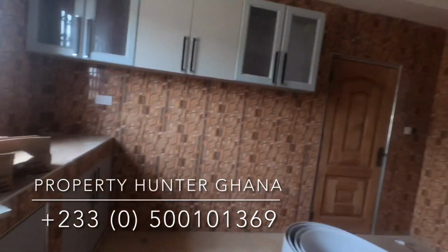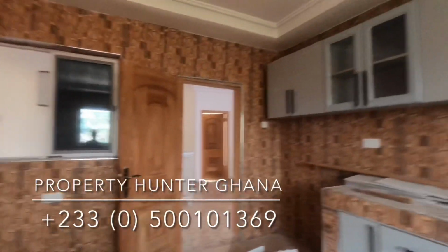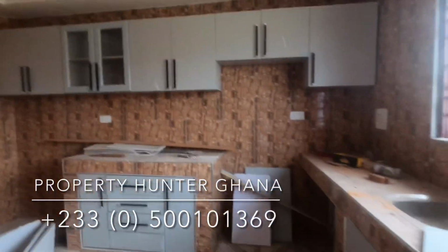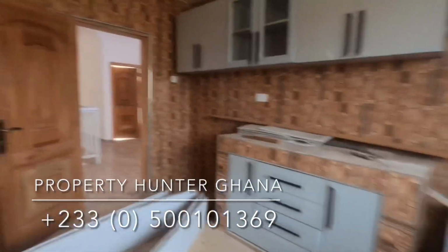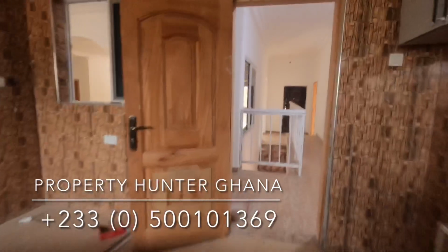And the walls in the kitchen have been tiled from top to bottom, very nicely done. Spacious kitchen here, and you have access to the dining through that door there. Okay,